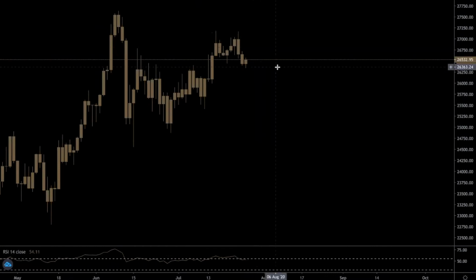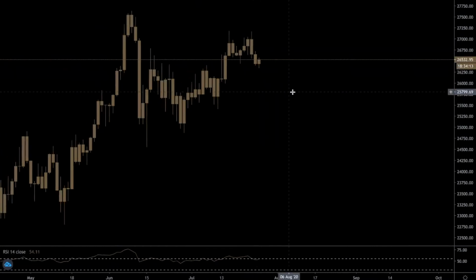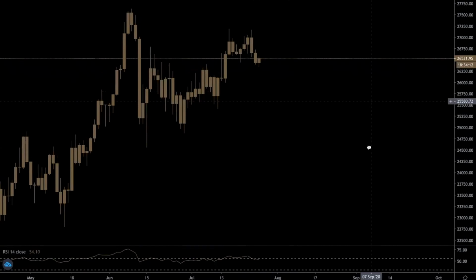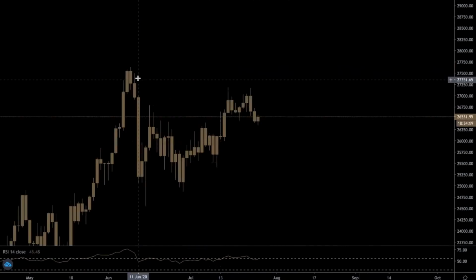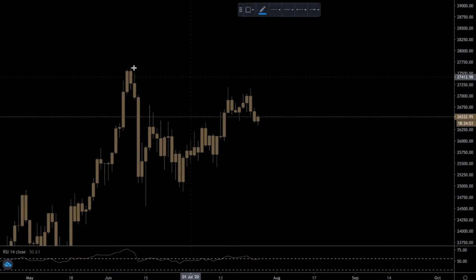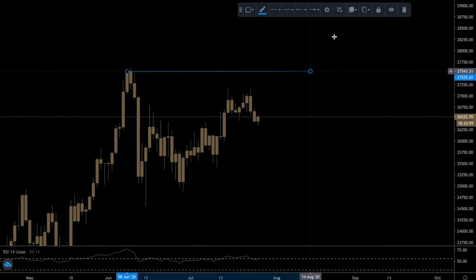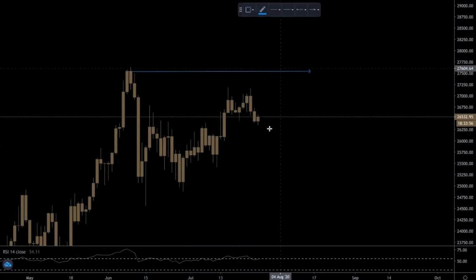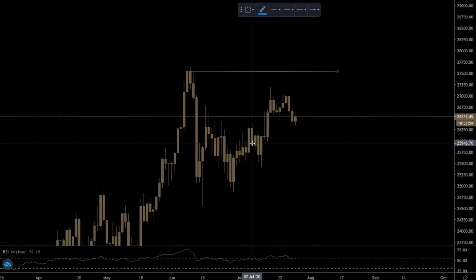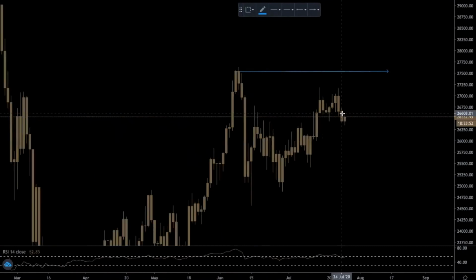Yeah, it's still got to go up a little bit more. I think it does. It needs to test this high again at least. Yeah, no, it needs to. So this is the old high, obviously. Right. Pop. And the market, if it's going to turn around, if you're looking at this on a daily, just